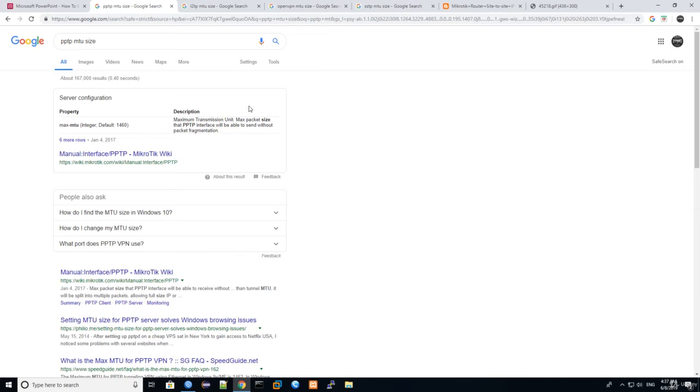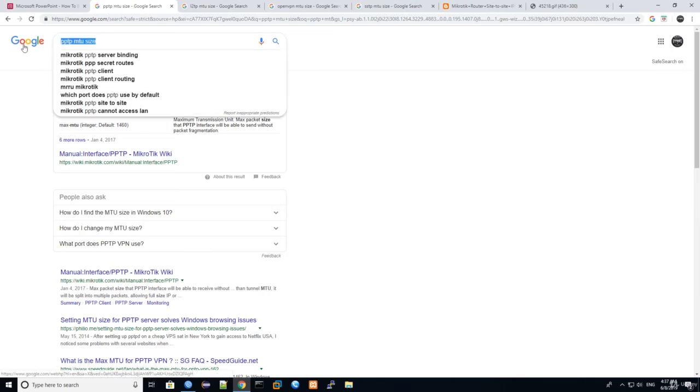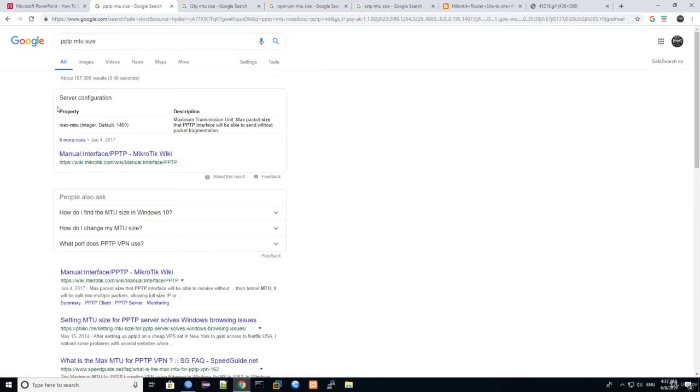Why is it very fast? Because if you search about the PPTP MTU size, which is sometimes called the window size, MTU size means the size of the PPTP packets that go from the computer to the router, or from the router to outside. The MTU size is